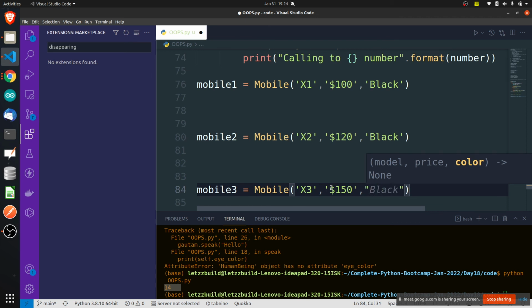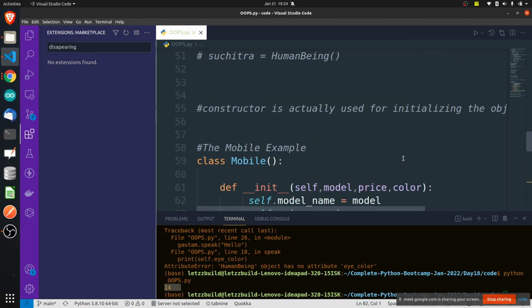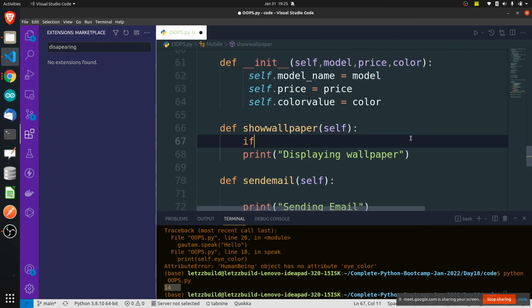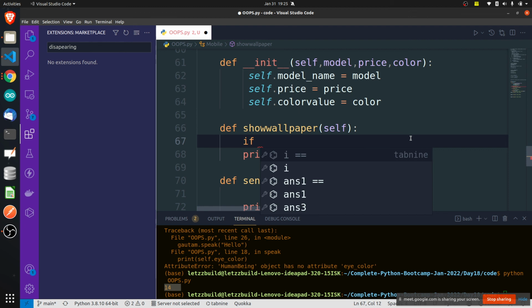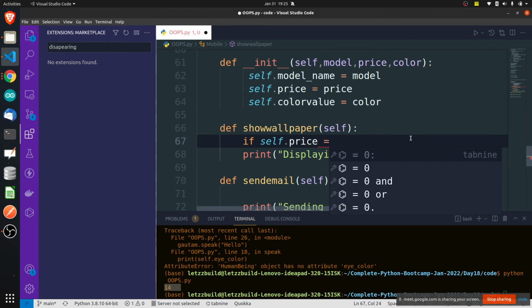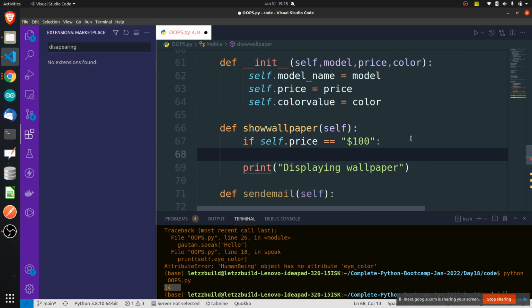I told red, orange, green. Not important what I am writing. Color you give whichever you want. But we have passed values, and whatever we have passed is going to be stored in these variables. Now I can show here, I can do something like this. Maybe if self dot price is equal to $100, then maybe